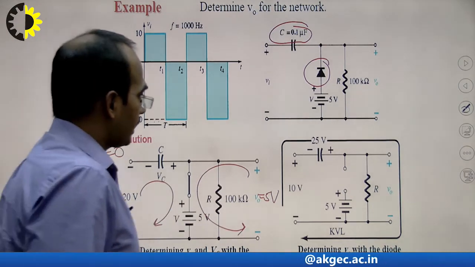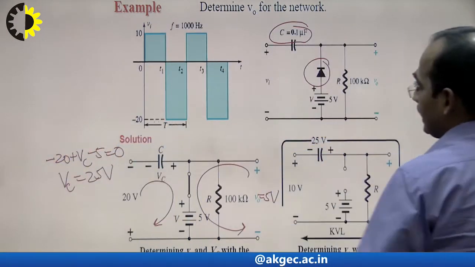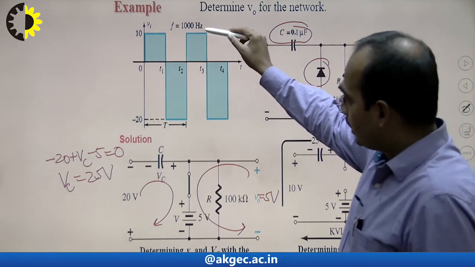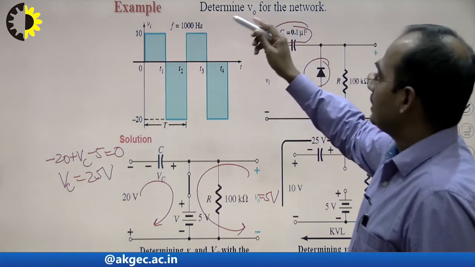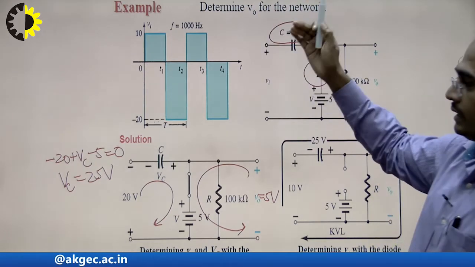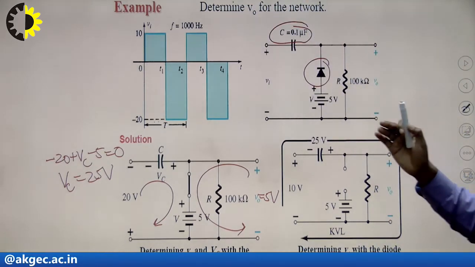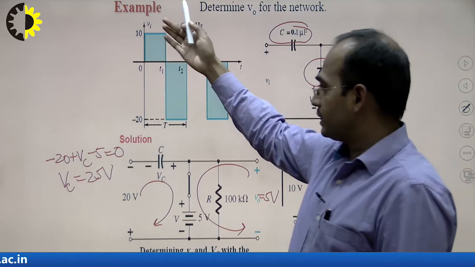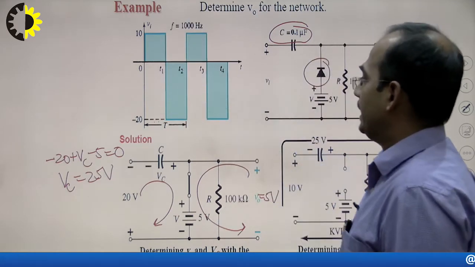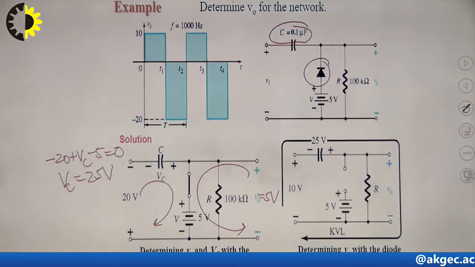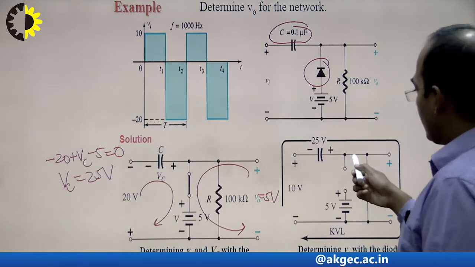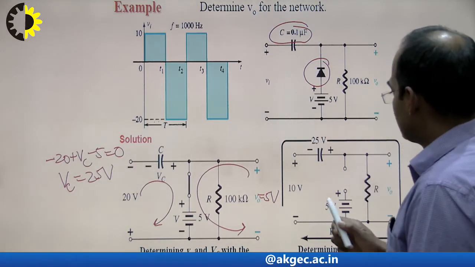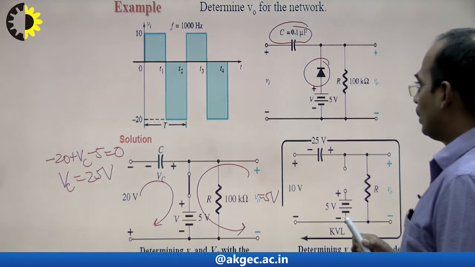Next half cycle will come, the positive negative. One more thing, here I have not applied the input that is having same value in positive as well as in negative direction. Here in positive direction we have applied plus 10 volt and in negative direction we have applied minus 20 volt. So when the next positive half cycle will come, which will make this diode reverse bias, the diode will be open circuited,